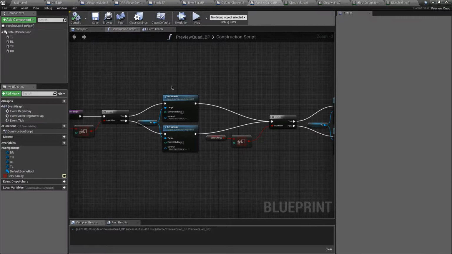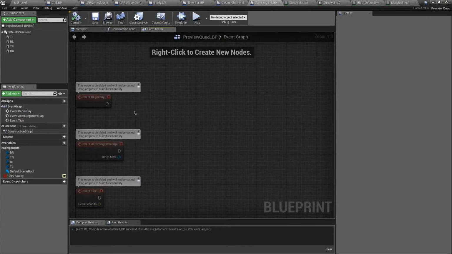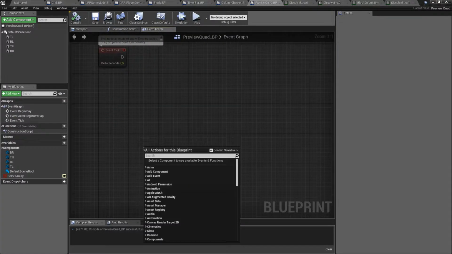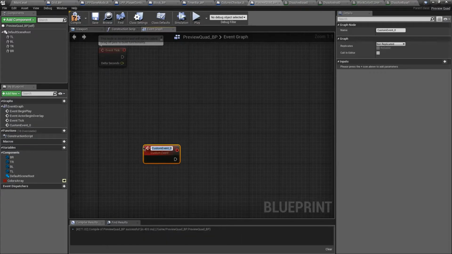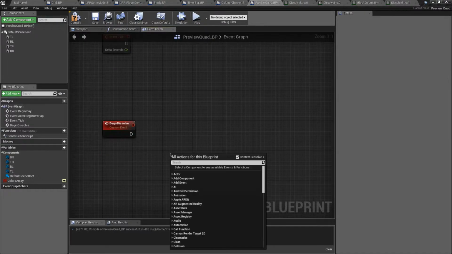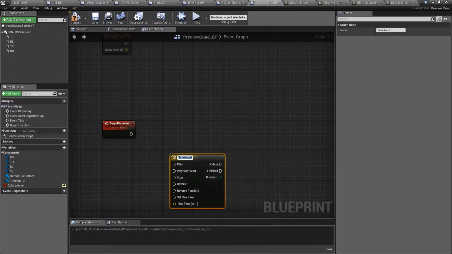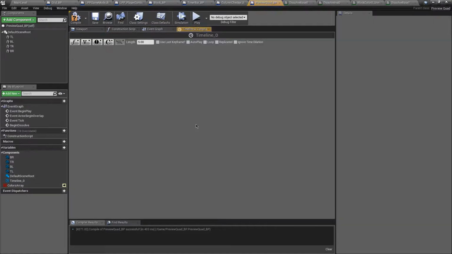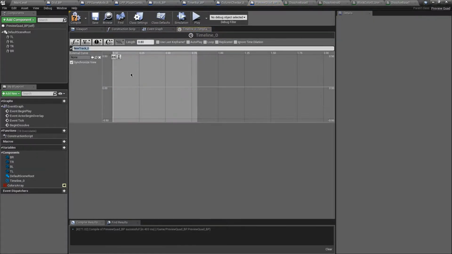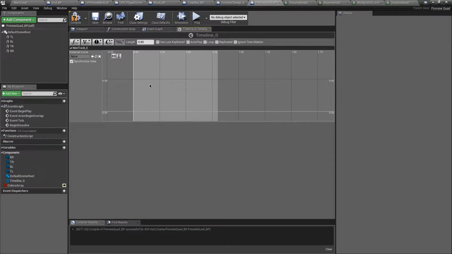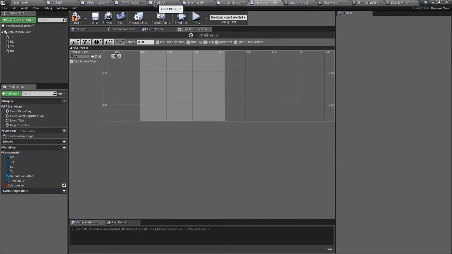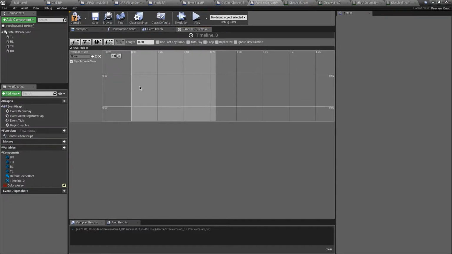inside of the preview quads. So we'll just have an event called begin dissolve, add a timeline, and it doesn't have to be, but it should be the same length as the one on the block BP, so that the dissolve sort of matches up with the anti-dissolve on the blocks. So here we do want it to go from 0 to 1, so that it'll be fully dissolved